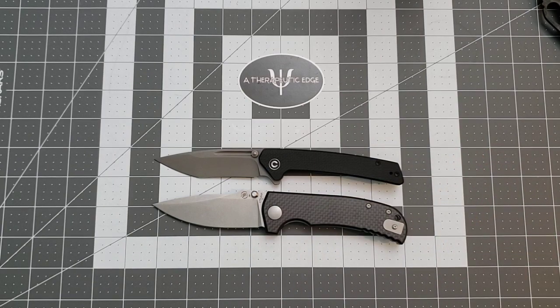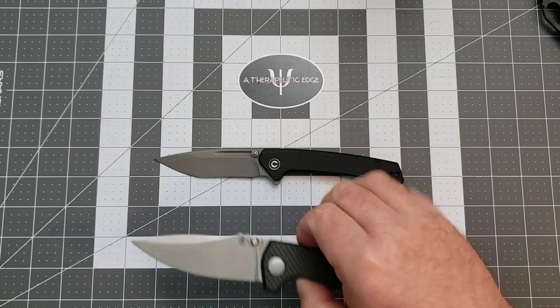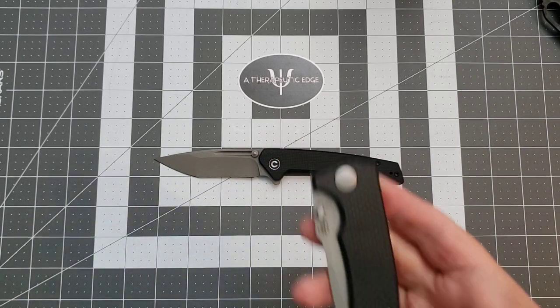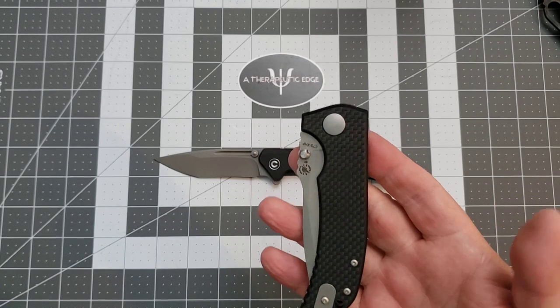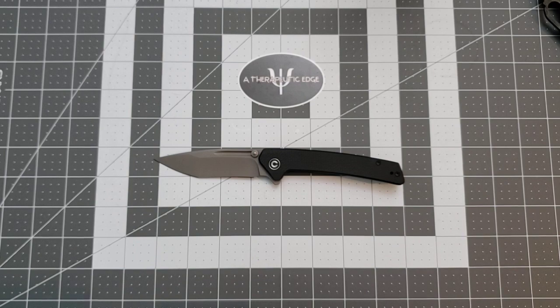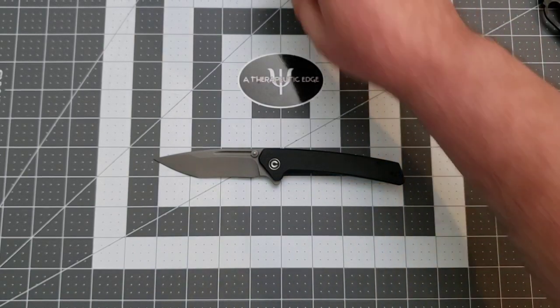The Spartan Aster here is a marvelous knife. One of my favorites from this year. It's really good. It's going to stay that way too. But this is $135. Now, for $135, you get CTS XHP steel. I can speak, watch me go. But I'll tell you, for under $100,